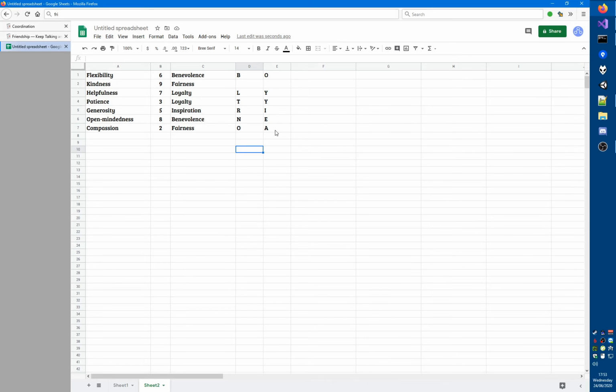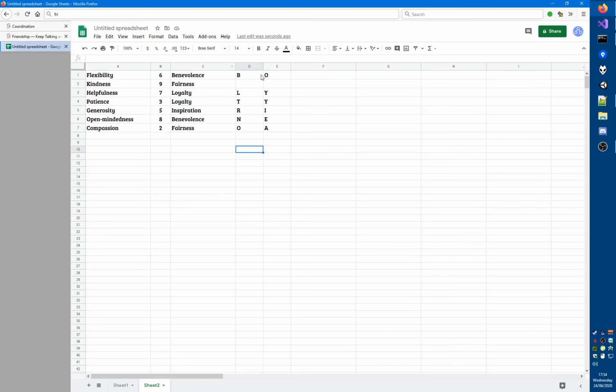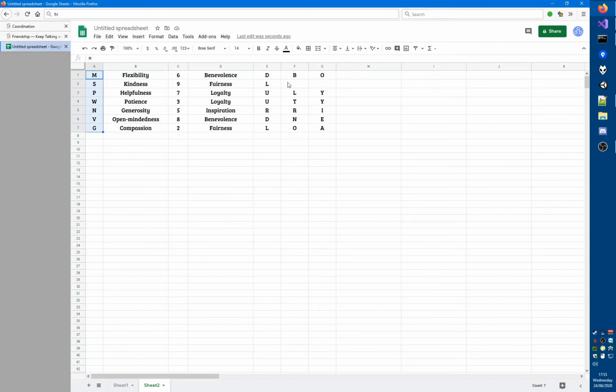That does not form a word, as far as I can tell. Let me put this information into the spreadsheet as well, just so that I have it. Oh my lord! These are all up, down, left, right. Why didn't I think of that? Oh my lord, that is just...